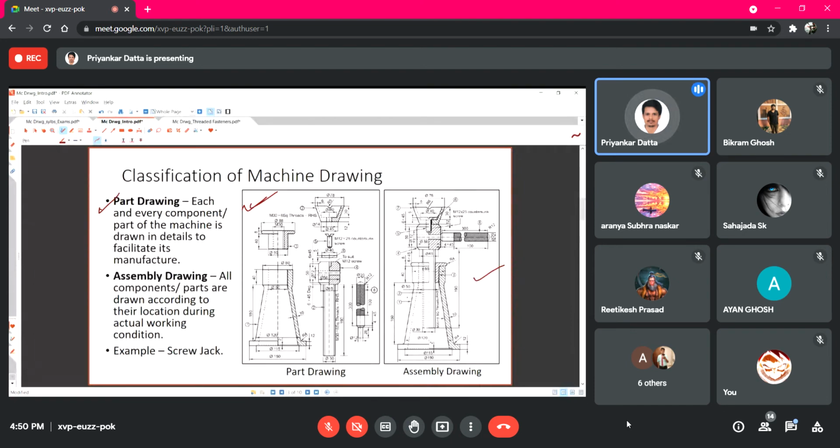Nowadays, since CAD modeling softwares are available, it is comparatively easier. Previously, that is why isometric drawing was very important, because based on this part drawing of sectional views or orthographic projection, we had to visualize the component in isometric view, and then think how the complete product will look if they are assembled, and from that again generate the orthographic view to get the assembly drawing.